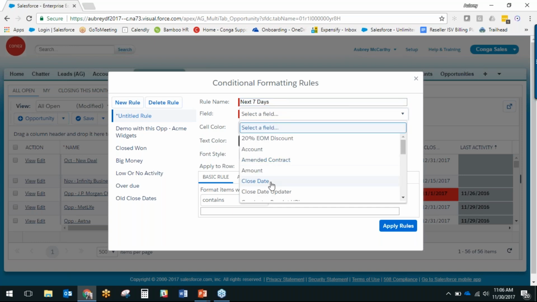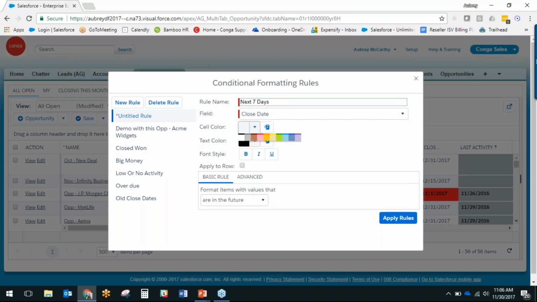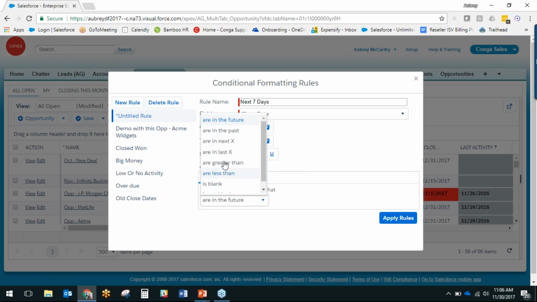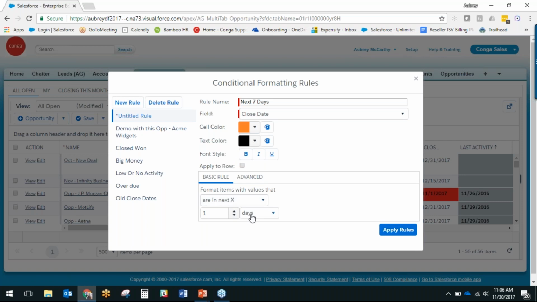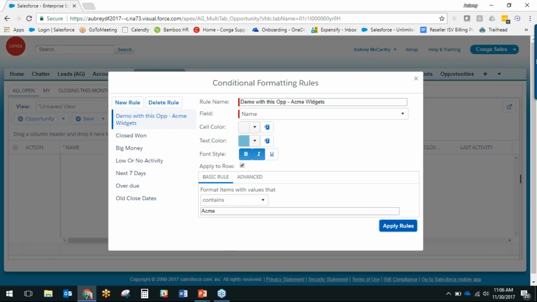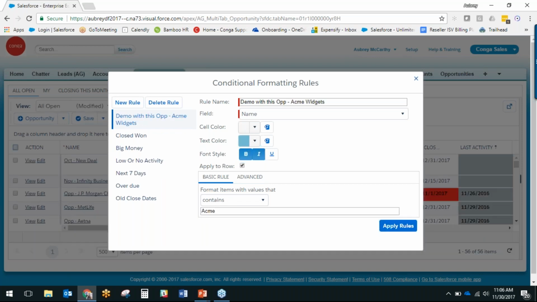And I'm just going to select my close date. I'm going to change the cell to orange. This can go across the whole row or just on the cell. I could change my text color too. And I'm going to select, there's some rules baked into the product right here that are in the next X. In this example we're going to use days, so I'll do next 7 days. So now if I close this,